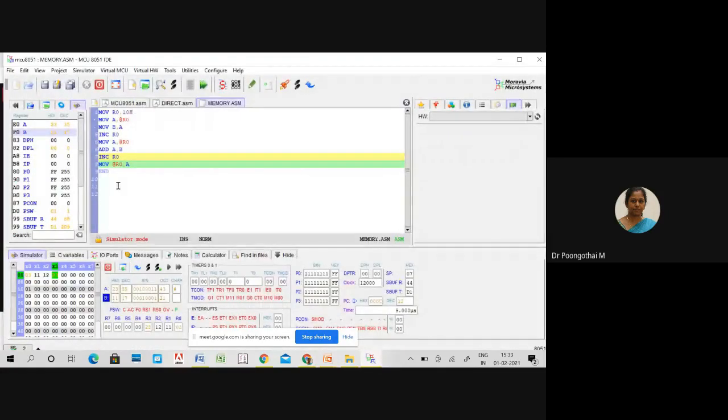So next addressing mode, indexed addressing mode. That is how to access data from code memory.